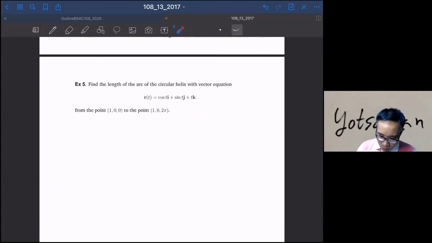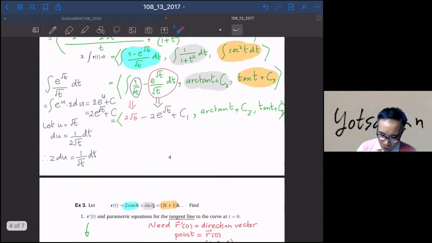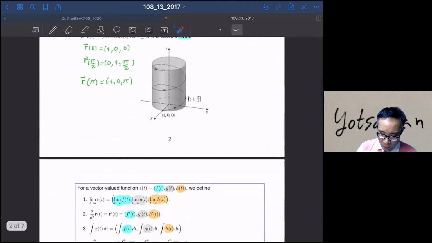Here you see that it's going to be just one floor up from this picture. So you have this one and you are walking along this helix. So it's going to be pi over 2, then 3 pi over 2, and you're going to stop here. So it's going to be one floor up for